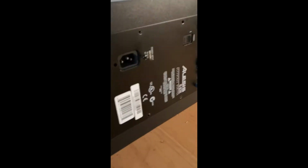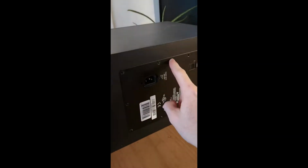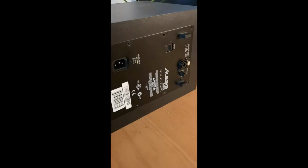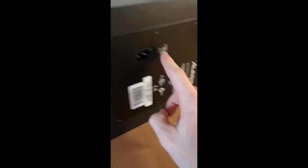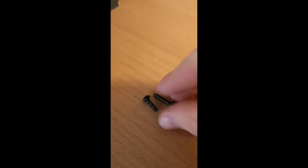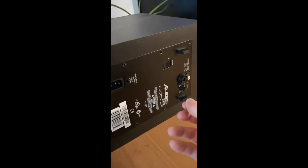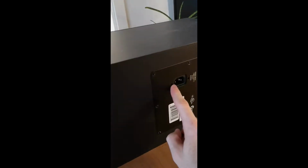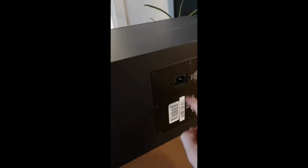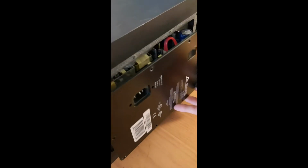There we go. Just a quick note, these screws around here are actually a bit longer than the ones around the power entry, so you can see there's a difference between them in length. Keep that in mind and keep these separated from the others when you remove them. But that's all you need to remove, the ones around and the ones around the power entrance. Okay, so that's it, and then you take this guy out